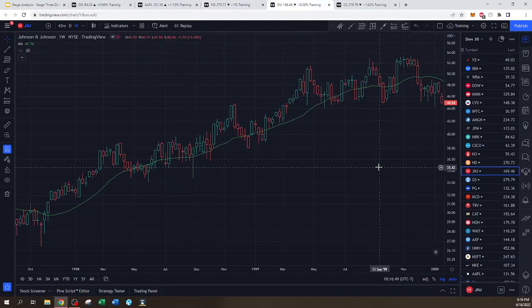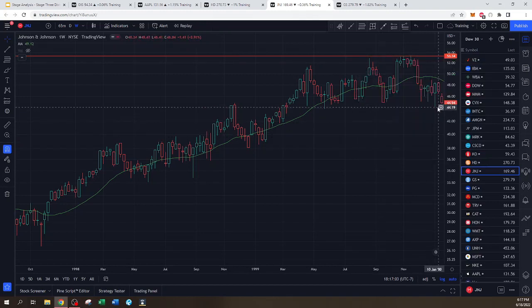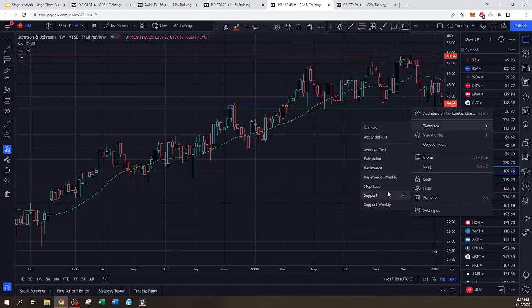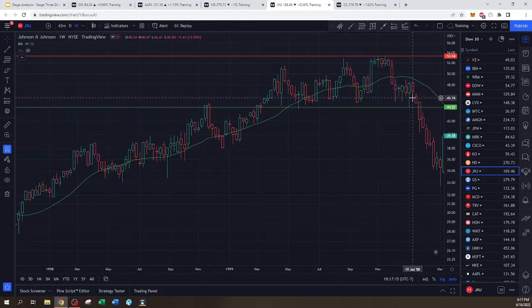Next up, we have Johnson & Johnson. This is from that late 1990 era. So let's say our Stage 2 top is right in there. Let's draw on our resistance, and then here's our support. So this one's very easy to see. This is a very choppy environment going into early 2000. Right here in January, we start to see price continue to stay below, and then as price gets closer and closer to support, it brings this moving average to slope down, and after we go below this 44 level, price is in our Stage 4.